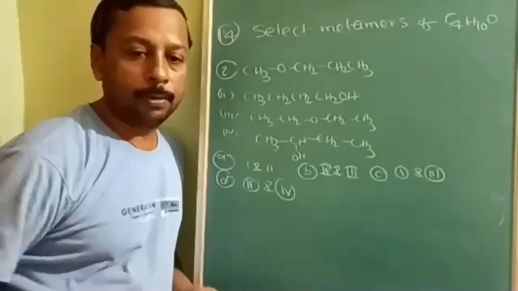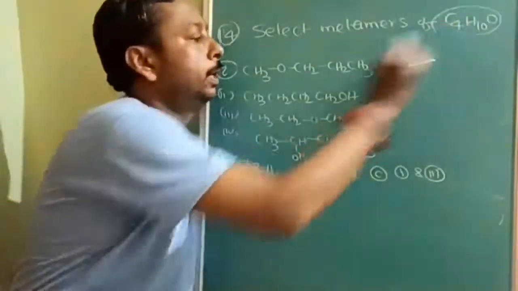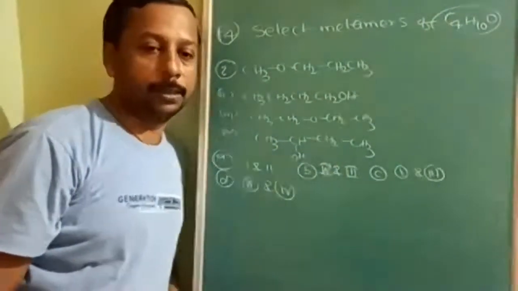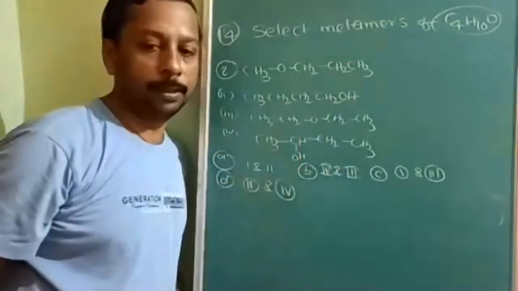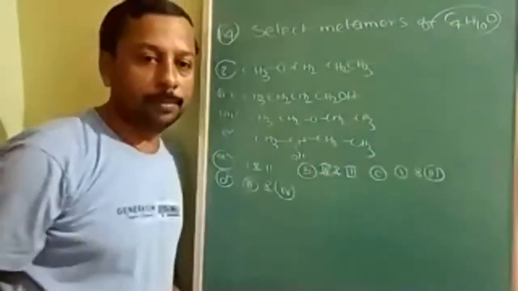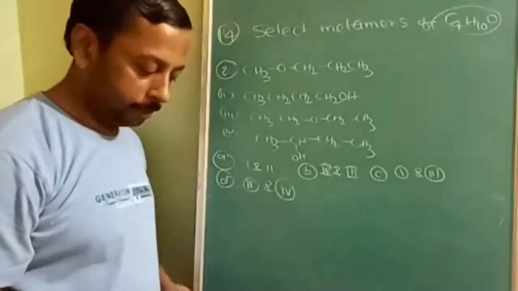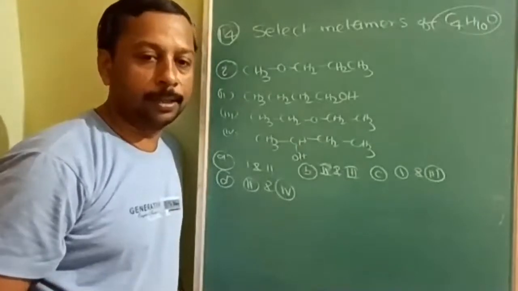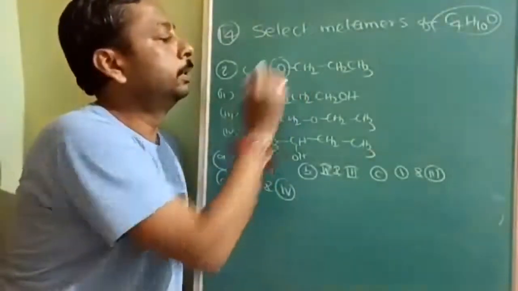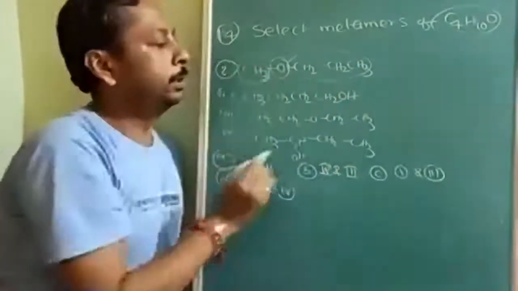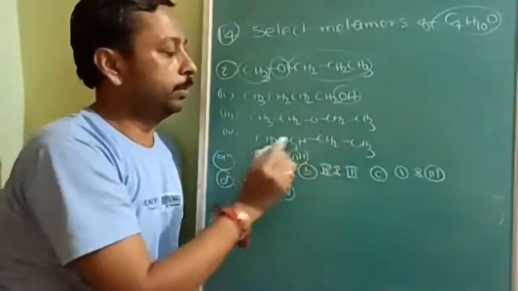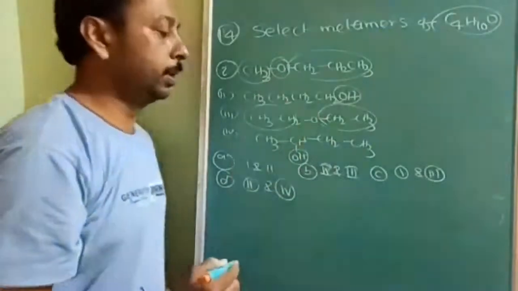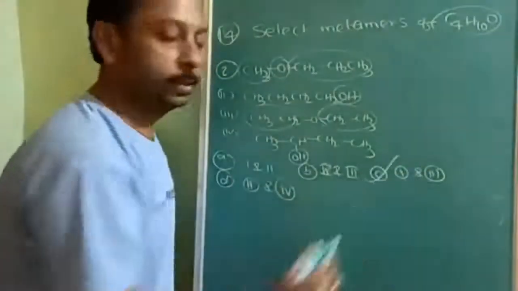Okay. A compound is given and its isomers are given, and out of them you have to identify metamers. Which of these two are metamers? You must be knowing that metamers should be bivalent, and the alkyl groups on either side must be different. See here, this is oxygen. This side propyl and methyl, and alcohol cannot show metamerism. This is ethyl, here propyl and methyl. Therefore 1 and 3, which means option C is correct.